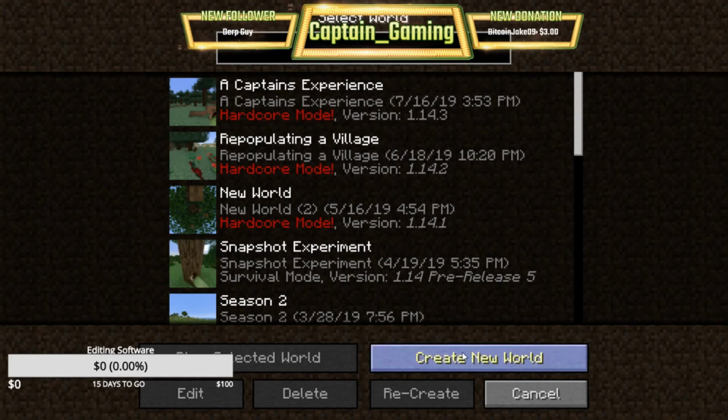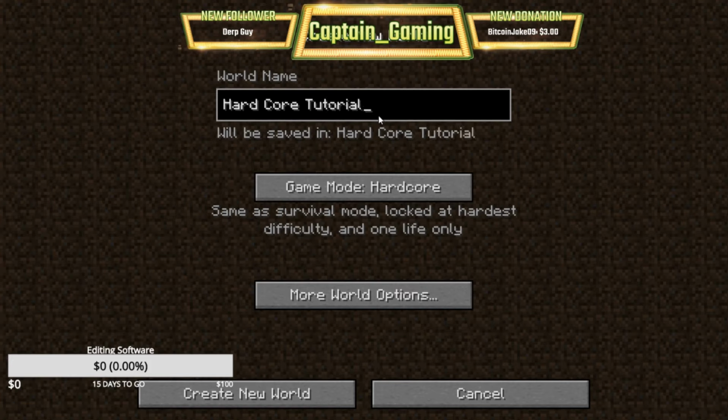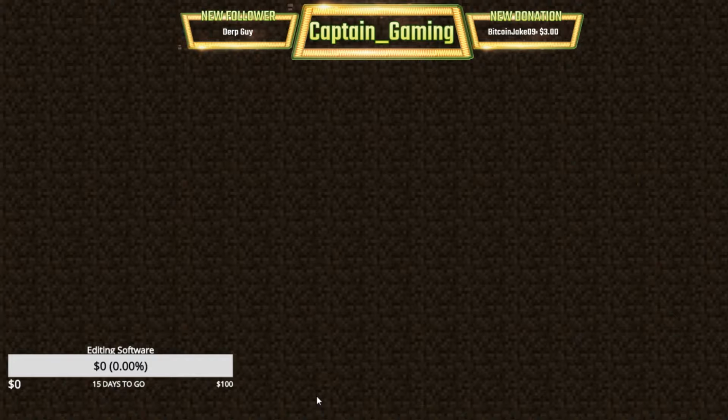So, first things first, you want to create a new world. You need to change this buddy to hardcore right here. Call it whatever you want. I am going to do hardcore tutorial. We are just going to leave everything as default. We're going to do a random seed for the most genuine experience in Minecraft, and let's create the new world